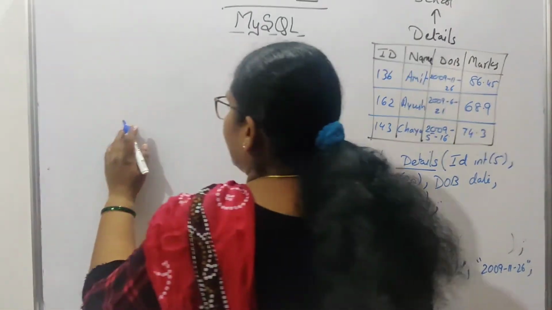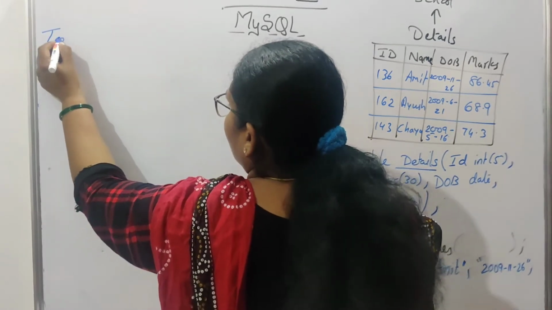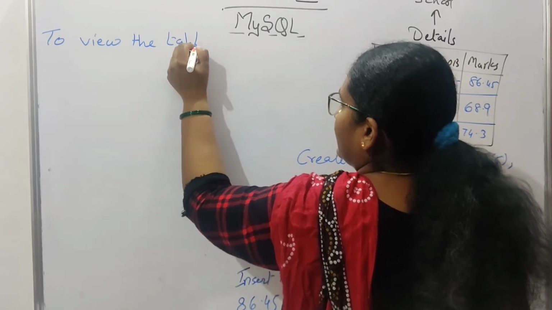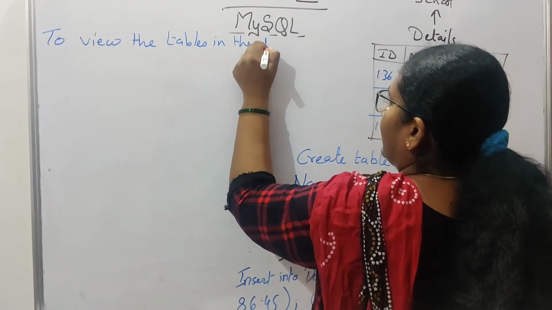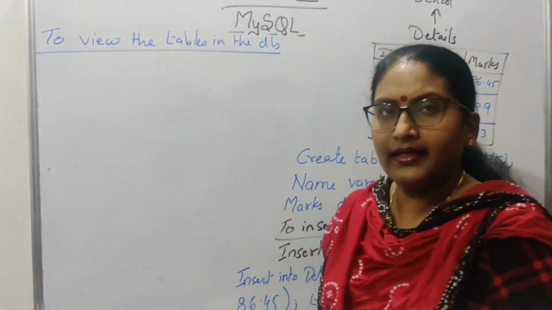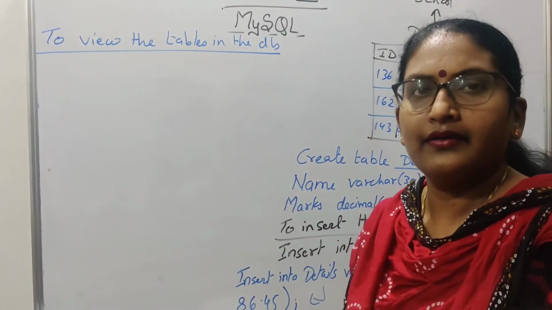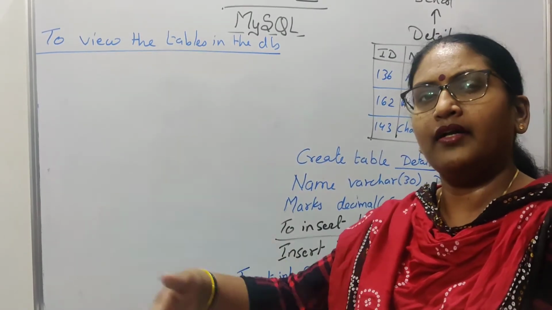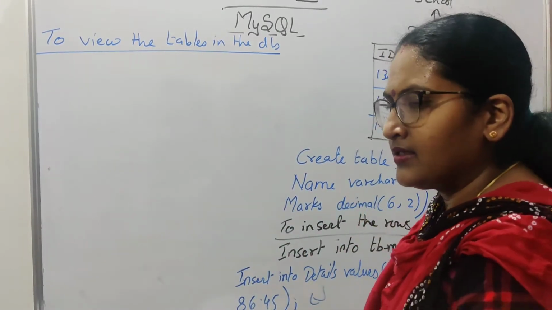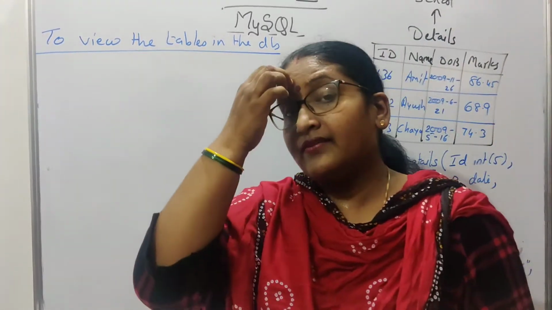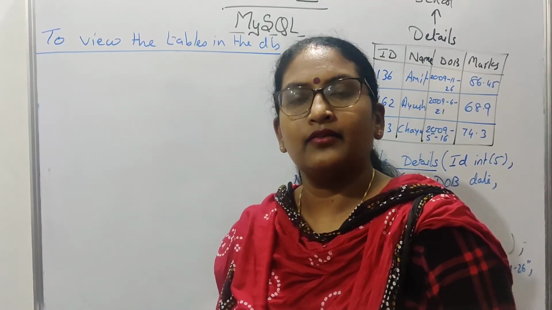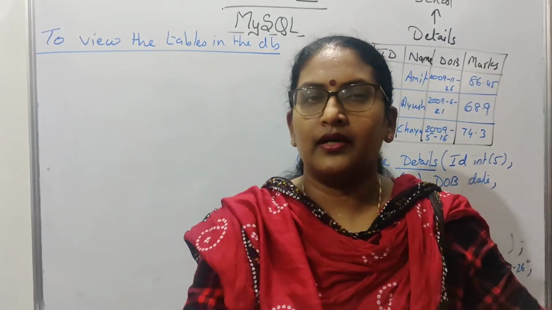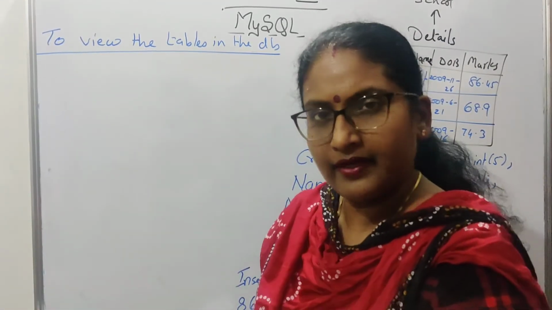Now if we want to view the tables in the database. You have created a database. Which database you have created? You have created a database in the name of school. In that school there are a number of tables. In the same way, just as I have said, you have a class 11 folder, and in that you have different sections as English, Maths, Physics, Chemistry, Bio, Accounts, whatever, and those are the different tables.